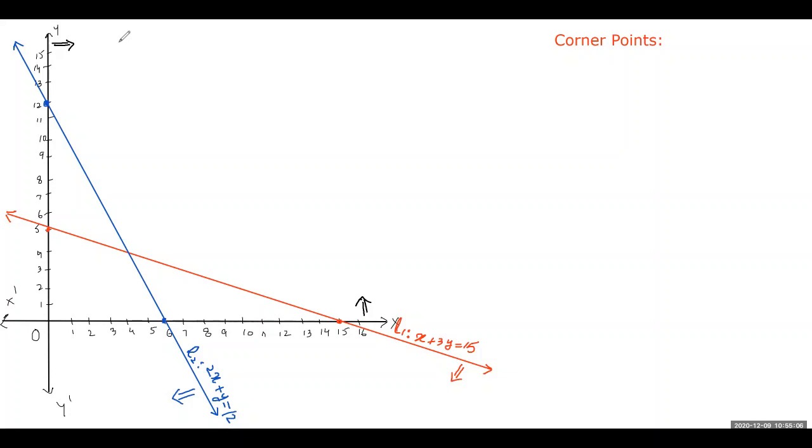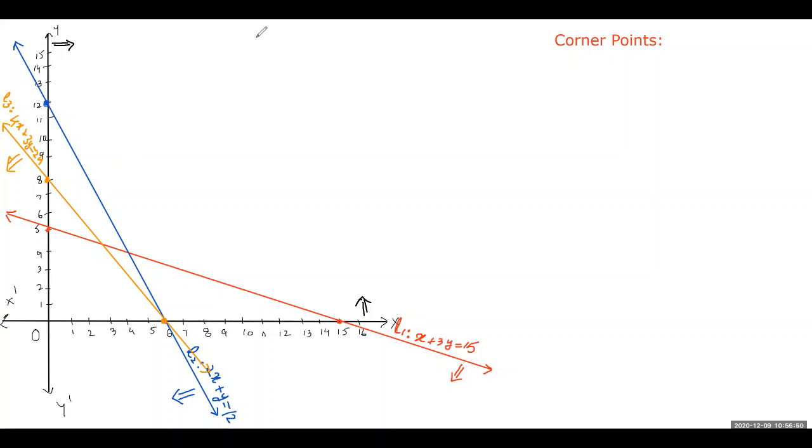Now let's get to our third line. Its points are 0, 8 and 6, 0. X equals 0, y equals 8, x equals 6, y equals 0. Then we will join these two with a straight line, put arrowheads on the line, and write the equation of the line. Here is our third line marked with orange color. Its equation is 4x plus 3y equals 24. Its name is L3, and as the origin lies in the solution region, we are going to shade on this side of the line.